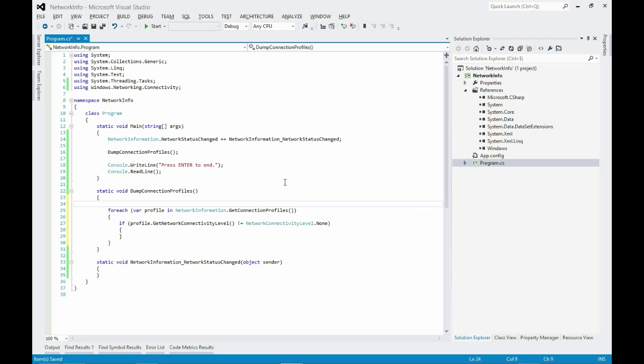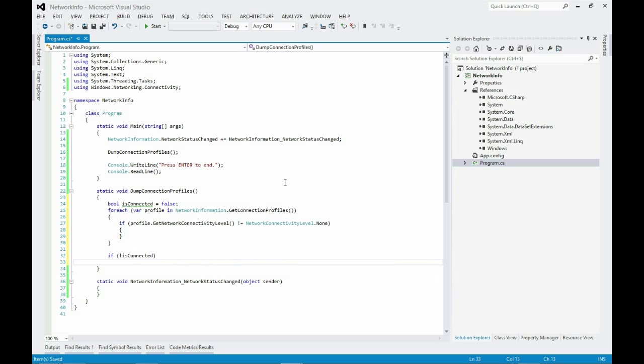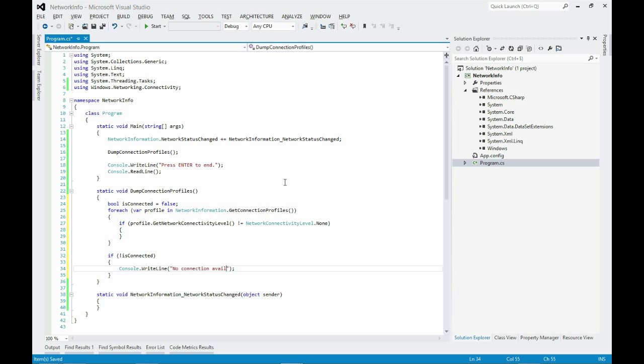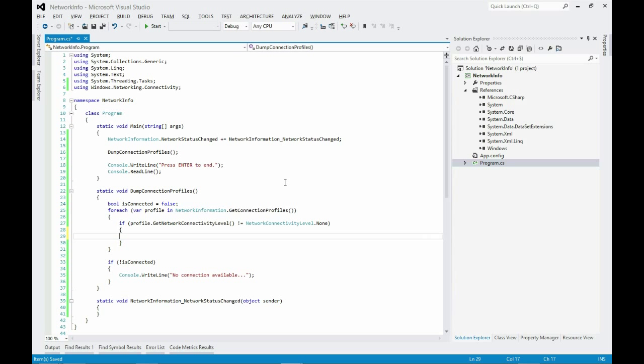So I will use a boolean is connected equal true, equal false, sorry, because by default I don't have any connection. And so at the end, if there is no connection, if not is connected, I will just show a message saying that there is no connection. Okay, so what I want to get for a connection is